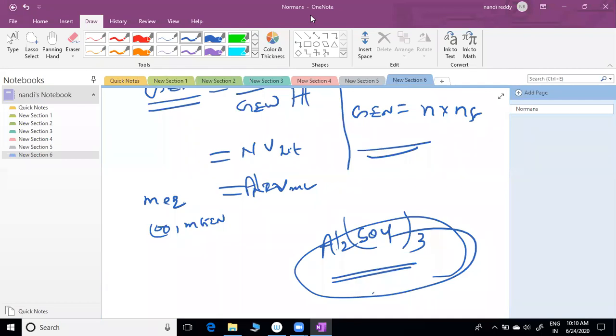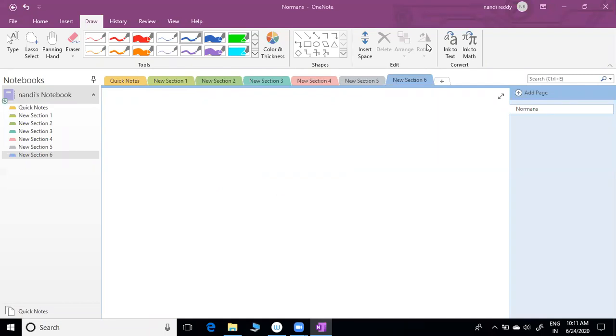Eleventh TNPLPS, Yogesh. Respond with the answer. What's the n factor for aluminum sulfate? Those who are not responding are sleeping. I will unmute you, then you have to give answers. Whenever I'm asking, please concentrate and give immediately.